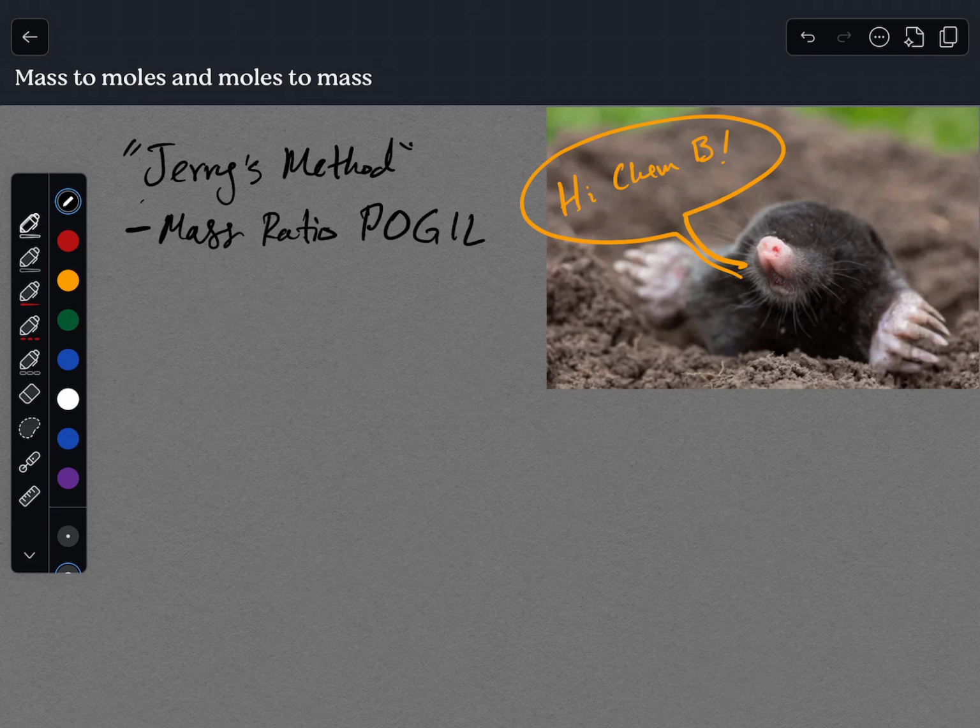To be more specific, just to refresh your memory, the statement of the problem here was that if you are given that the mass of ammonia, NH3, is 30 grams,